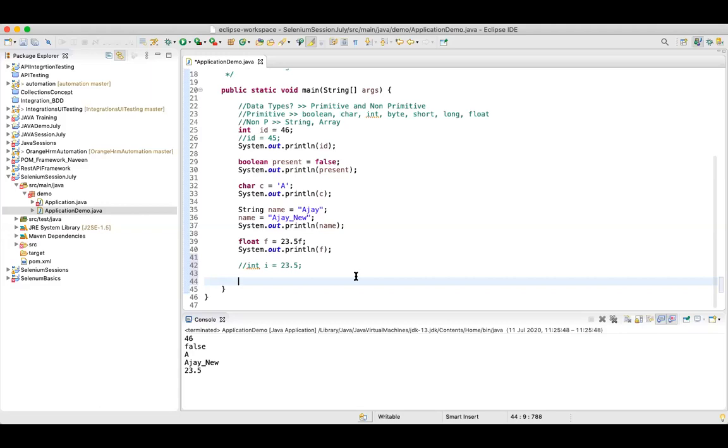Then there is a mechanism called data conversion, wherein you can actually convert your data. Let's say my method is using integer, and all my complex processing I am doing in integer. But the method I have called is returning a string.